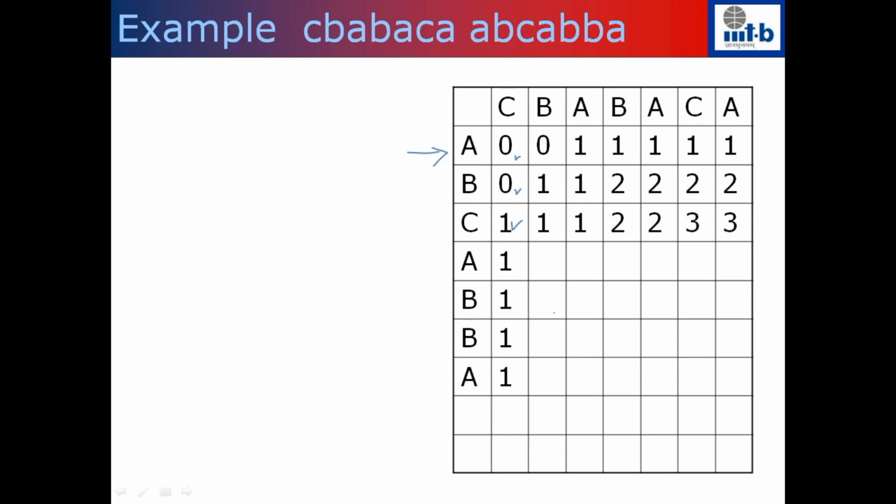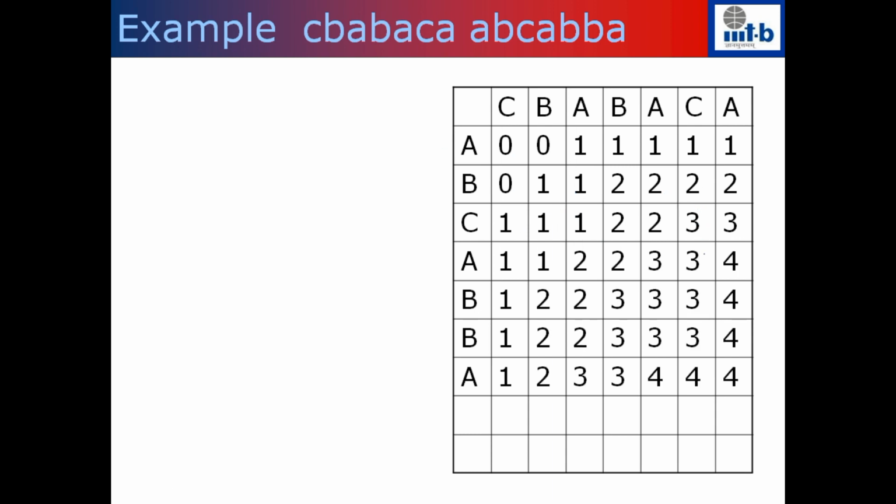So now let's look at an arbitrary value here. Let's look at how I got this one. The first thing I do is compare a and c, which is not the same. If it is not the same, then you pick the max of the diagonally opposite entries. That is the max of 1 and 1, which is 1. To see how we can obtain this, here c is the same as c here. If c is the same as c here, then we take the diagonally above number, which is 2, which is L of i minus 1, j minus 1, and add 1 to that, and set this value as 1 plus the value of i minus 1, j minus 1, the diagonally above number. So that is 1 plus 2, which is 3.